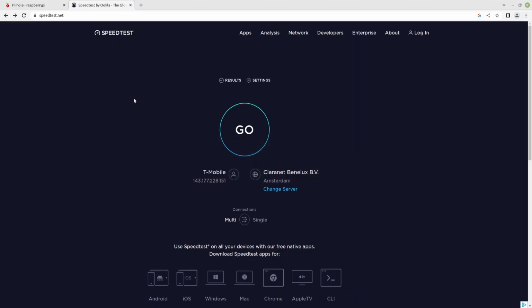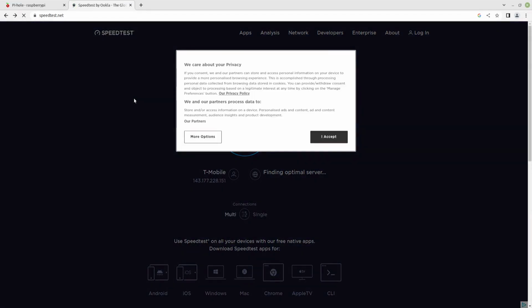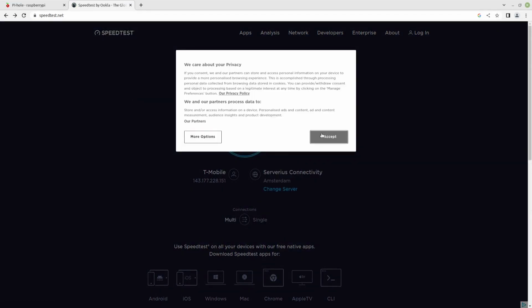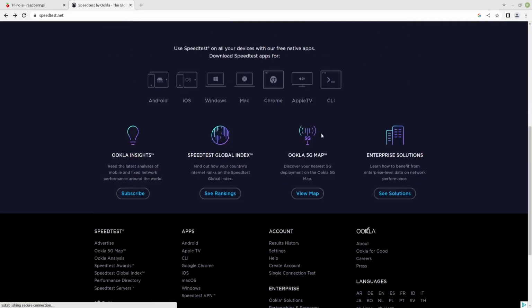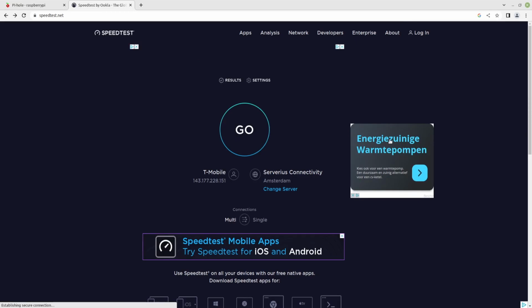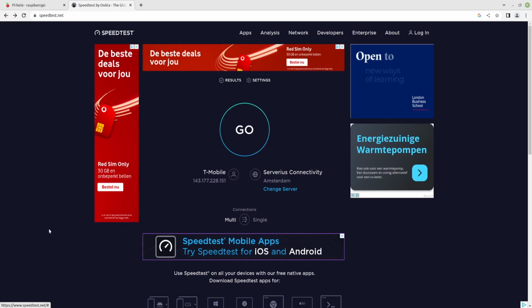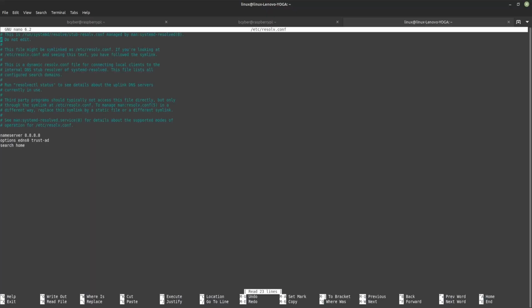So as you can see here, I refresh the page. You might want to wait a few minutes just so the ads can load. Yep, and as you can see here, here is the first ad. Yeah, and now the other ads are actually loading. So as you can see, the DNS server is working,